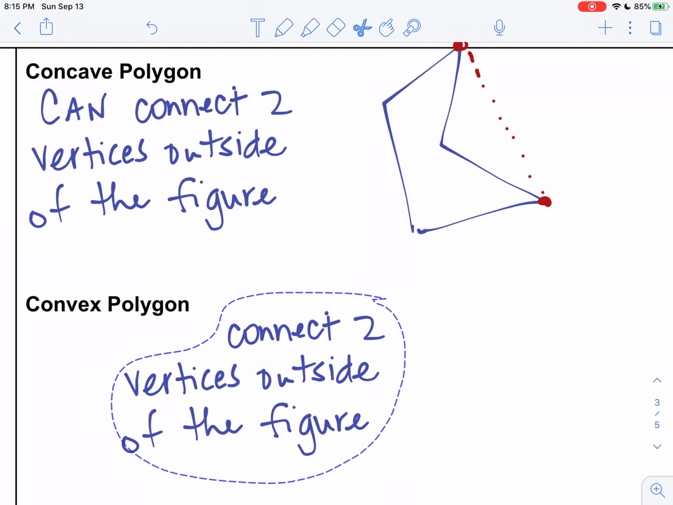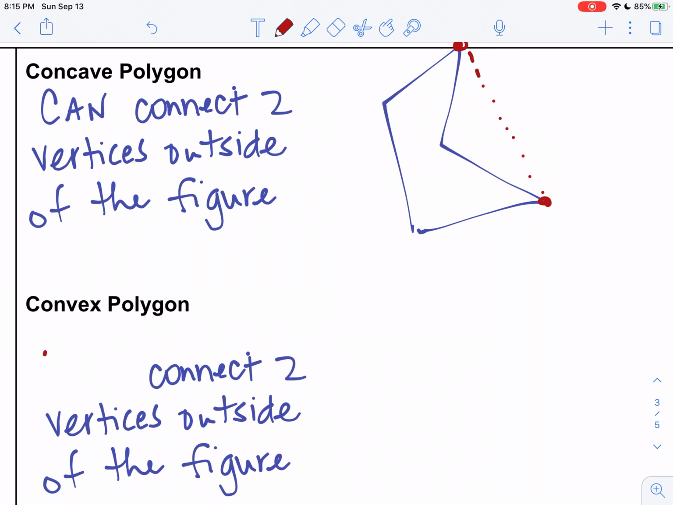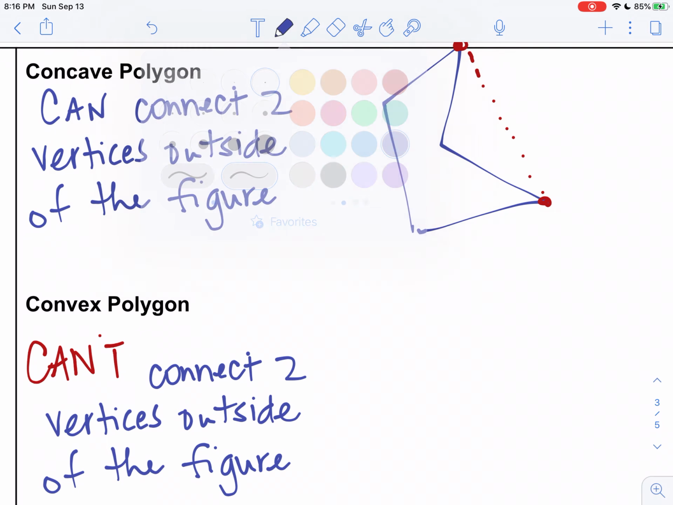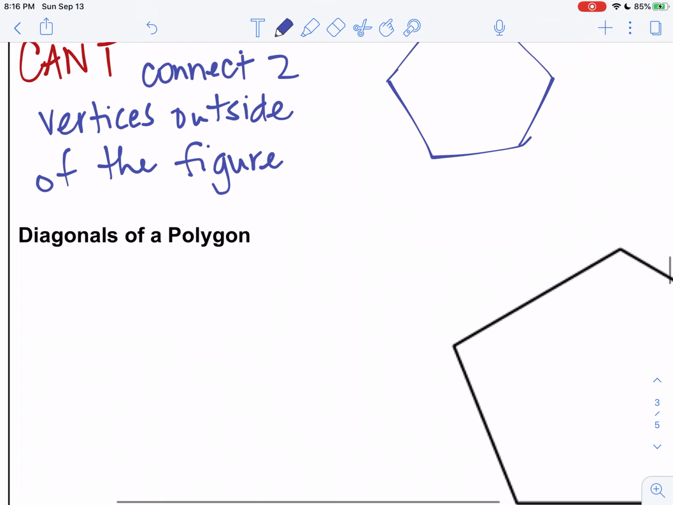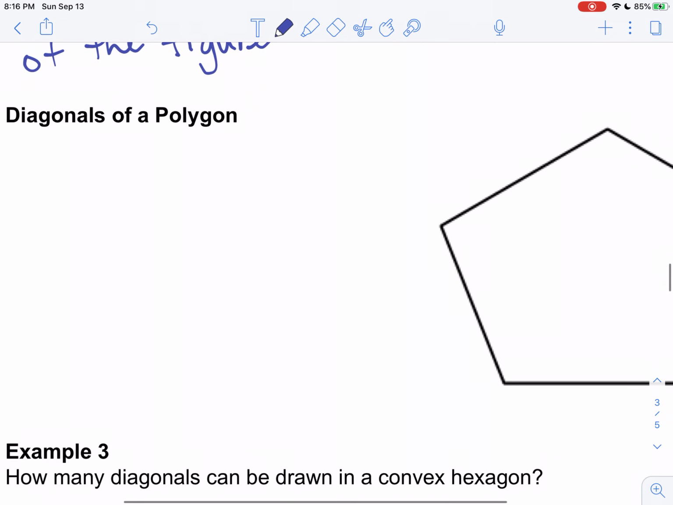The convex polygon, and I'm just going to cheat here and use Notability to my advantage. A convex polygon, we can't connect 2 vertices outside the figure. So we get rid of that little inny piece, and this would be an example of a convex polygon. We can't connect 2 corners outside of the shape. All right, diagonals of a polygon. This is going to connect 2